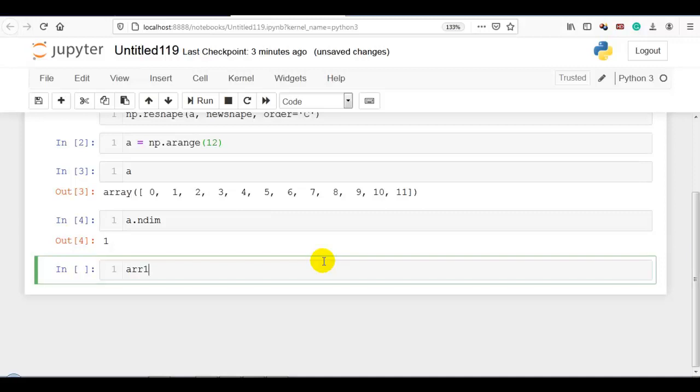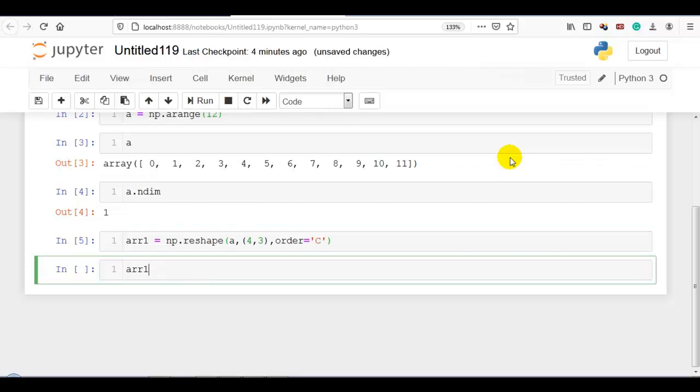Now let me use array1 and np.reshape, and here I am passing A to convert into 2D of 4 cross 3, 12 elements. Now here I am going to explain you the order. By default order is C. If you mention it here or not, by default it will take order C.